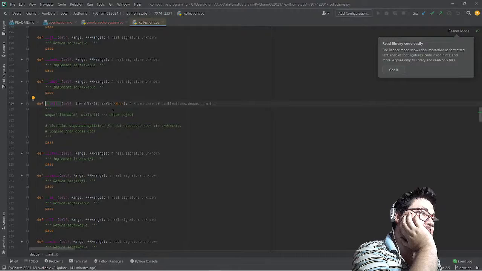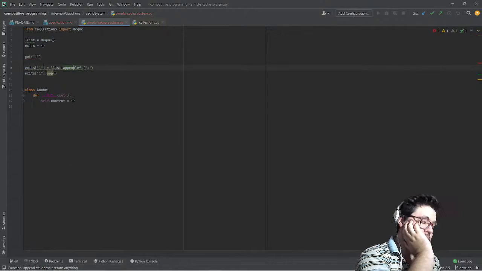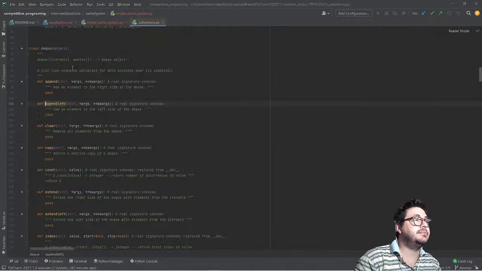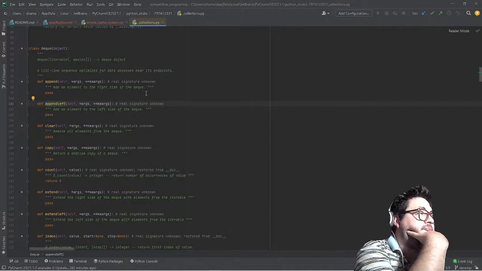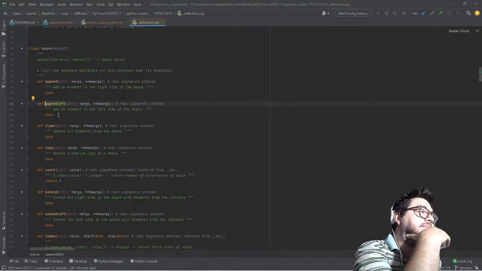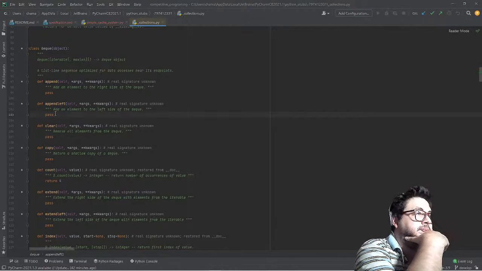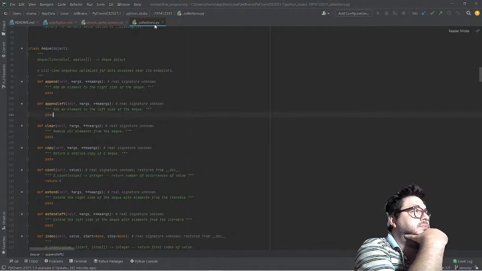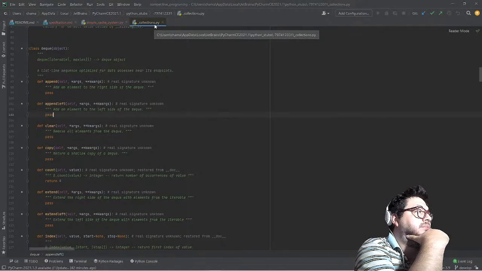Variable max 9. What happens when I say appendleft? Second is an object.